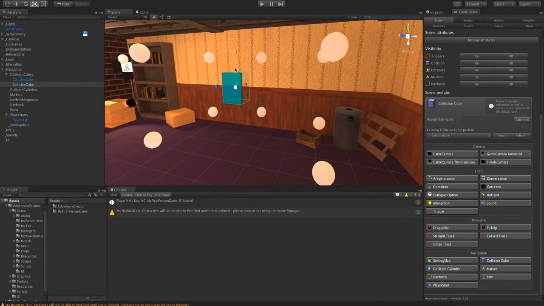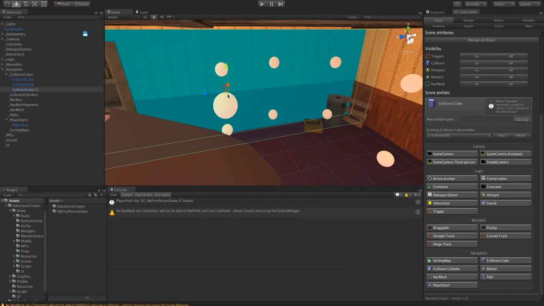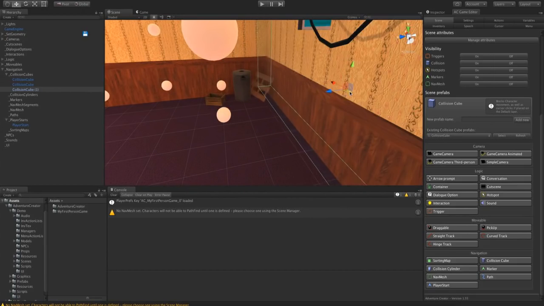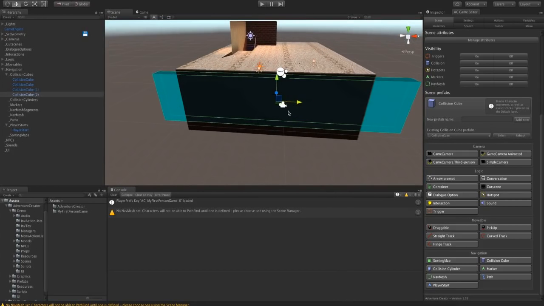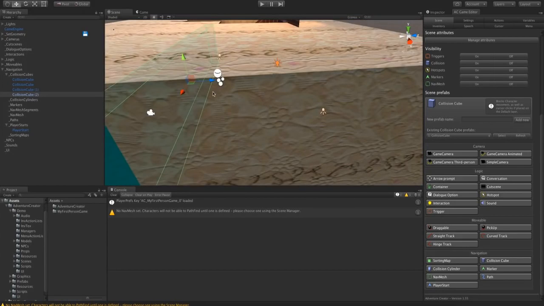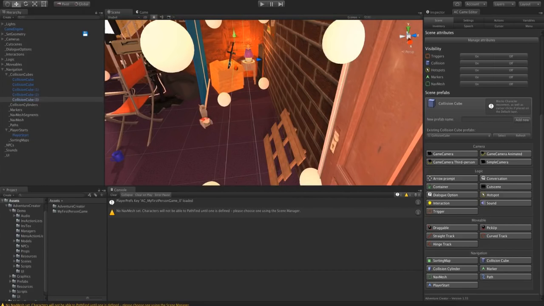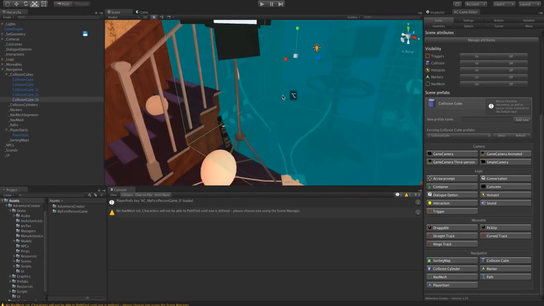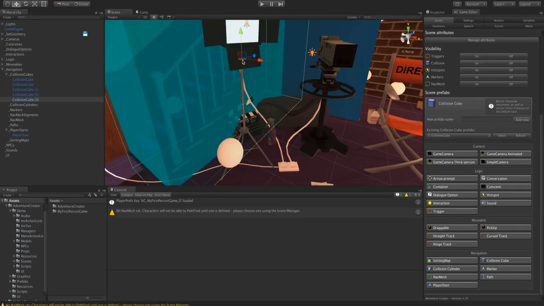Just going to create walls for our collisions, duplicate that, turn it and put it into the wall. This might be a little bit tedious to watch, so I'm going to be quite quick about it. Another one for the stairs. And of course, if you're following along, you can take much more time and care over this. I'm really just doing it to demonstrate the principles and workflow involved rather than being really, really careful about it.